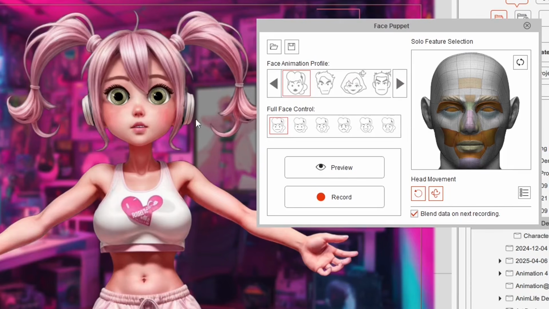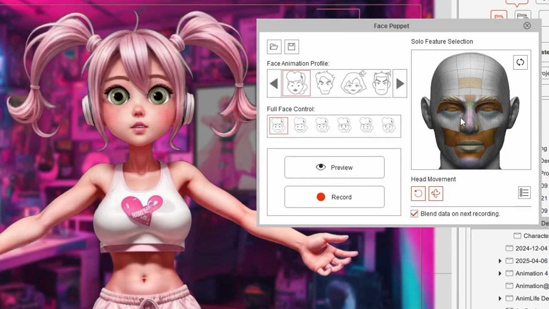If you want to add expressions in with this, you can actually do the entire character's face animation through the Face Puppet Editor and not use the templates at all. And that's something that I teach in my Animating Talking Heads course, how to use this on its own to do your character expressions. For what we're doing, all we need is the default, and this feature